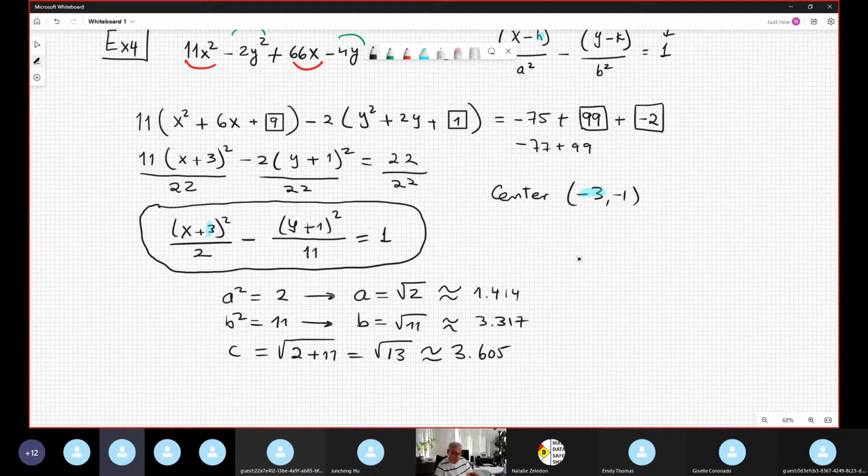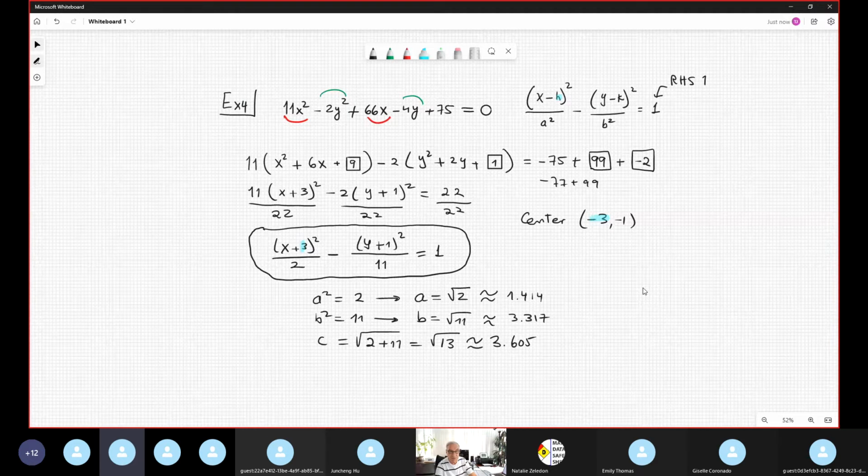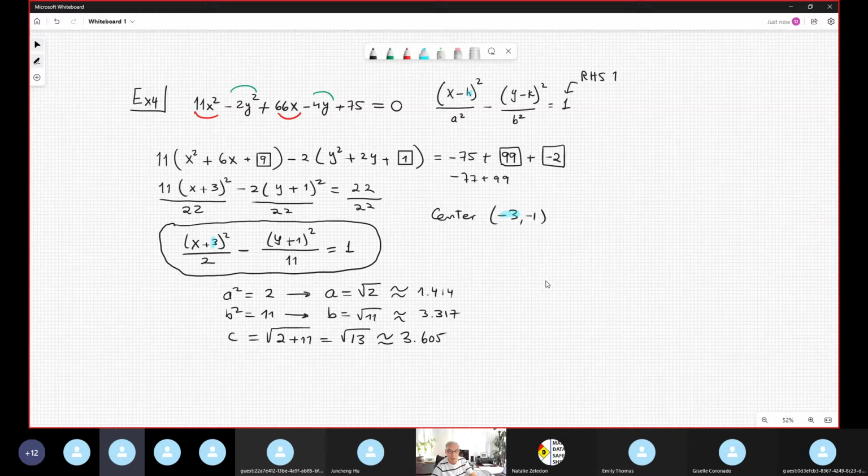Ready to see that. And what about the equation for the asymptote? Don't forget this part. The equation of the asymptote is, I remember that we are working with the horizontal hyperbola, right? And the equation is, in general, y minus k is equal plus and minus b over a times x minus h. In particular, this example is y minus k, this is h, and this is k